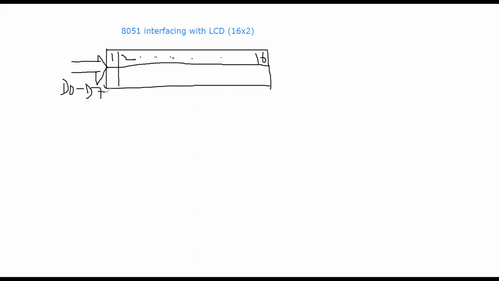From here you will feed some data, which might be a simple data or a command. D0 to D7 can carry data or a command.